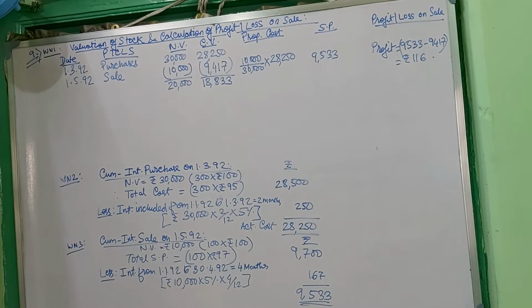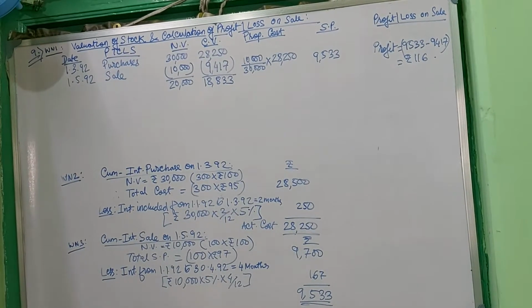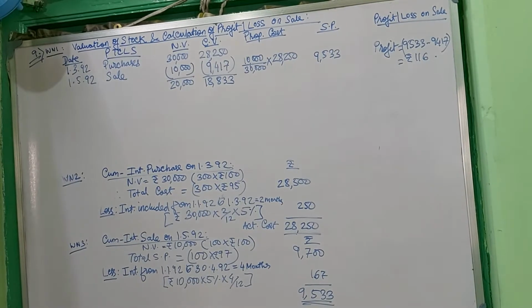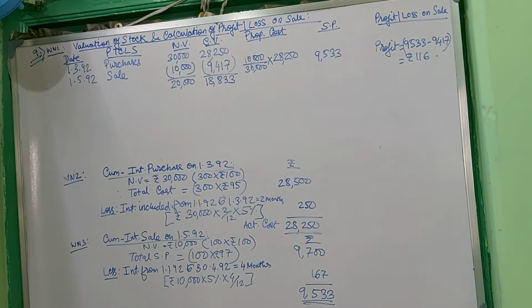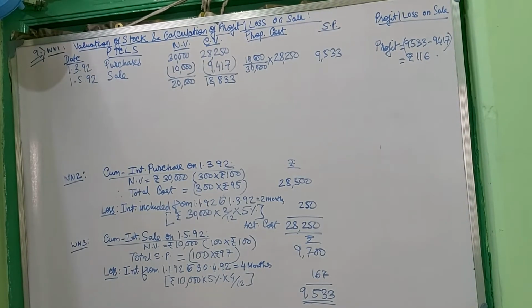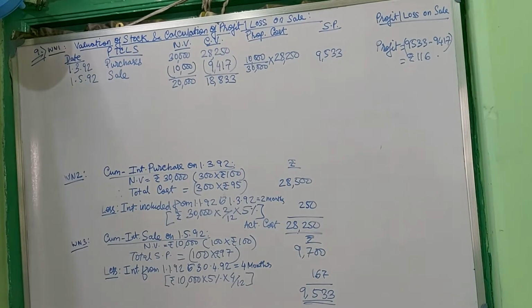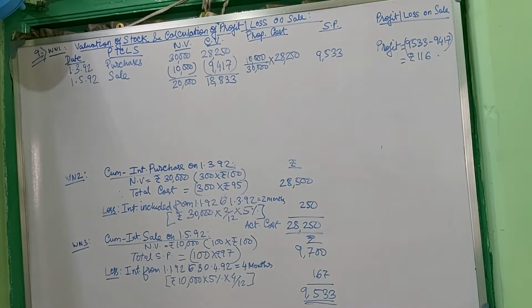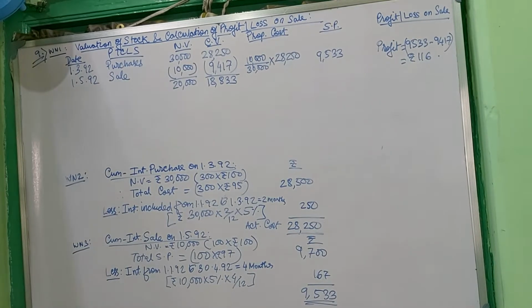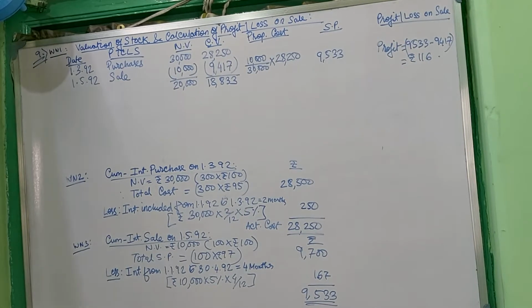If you see sum number 9, it has been given that on 1st of March 1992, XY Corporation Limited purchased 30,000 5% government stock at rupees 95 cum interest. On 1st May 1992, the company sold 10,000 of the stock at rupees 97 cum interest, and on 15 December 1992 another 10,000 stock was sold at rupees 93 ex interest. Where nothing has been given as cum interest, the interest should be considered as ex interest.